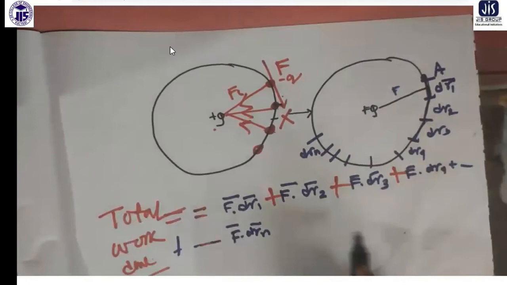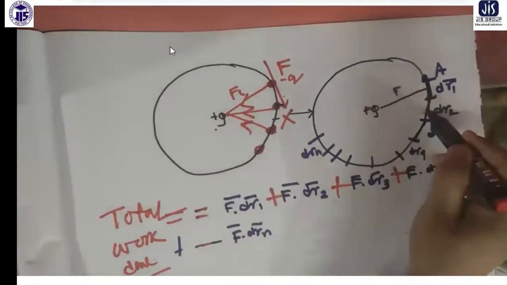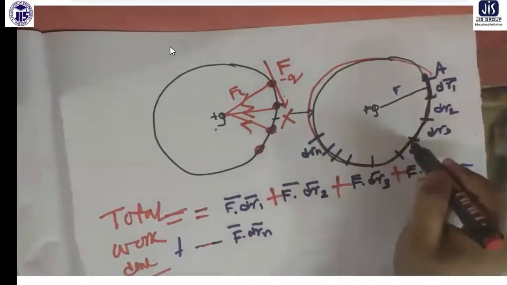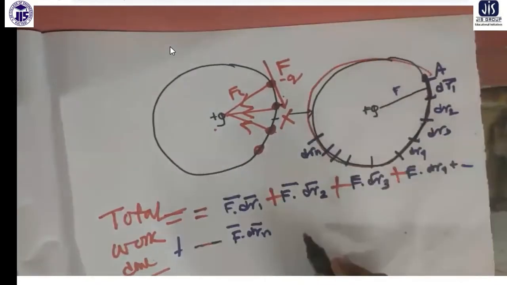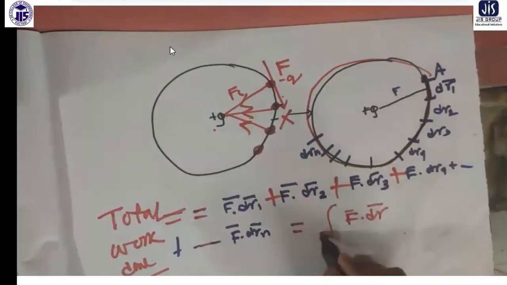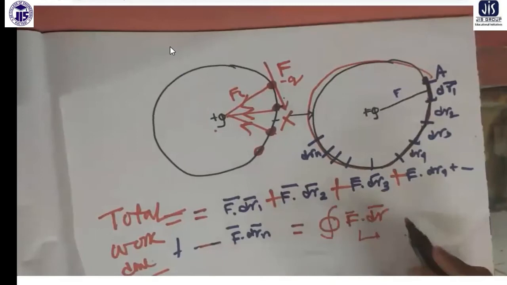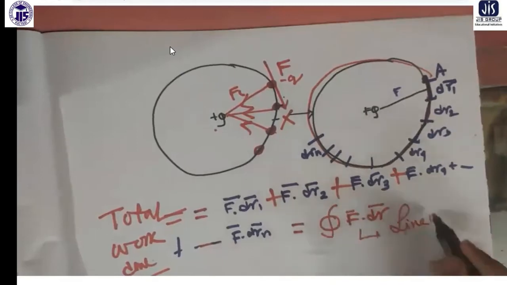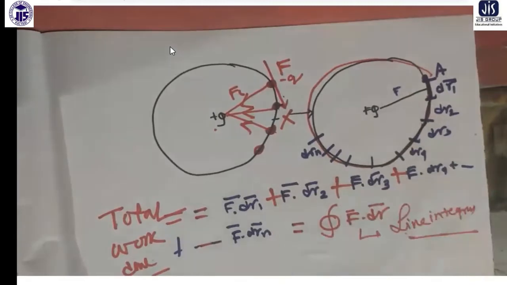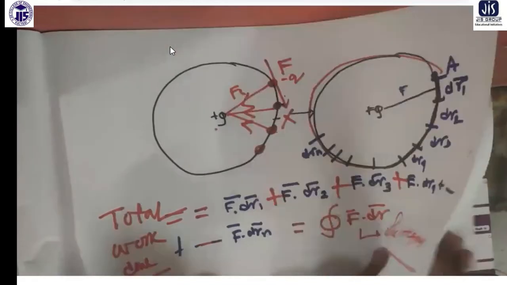So adding these individual works means you are actually working over the circular path. Again, you are working over a circular path, and we can write down this integration as f dot dr over this circular path. Now this is also called a line integral. So line integral means this is a line integral over a closed loop. Line integral may be like this much. If somebody walks,